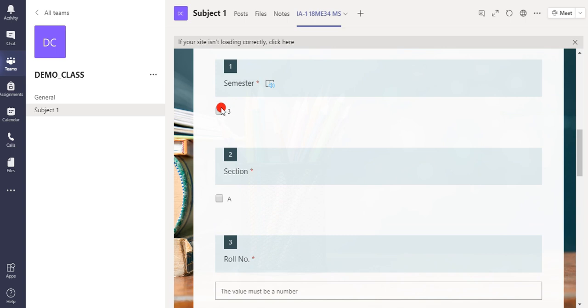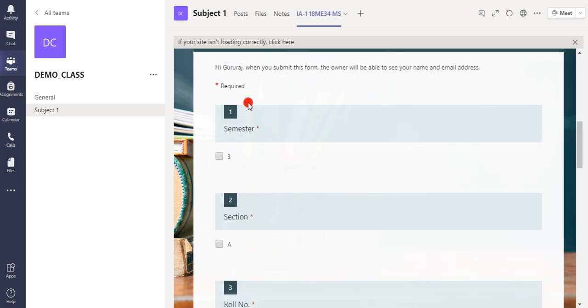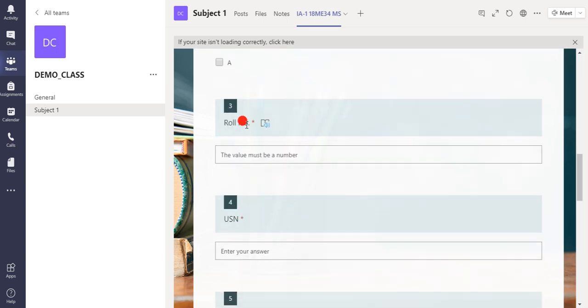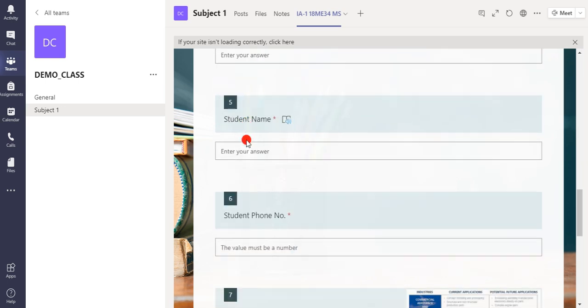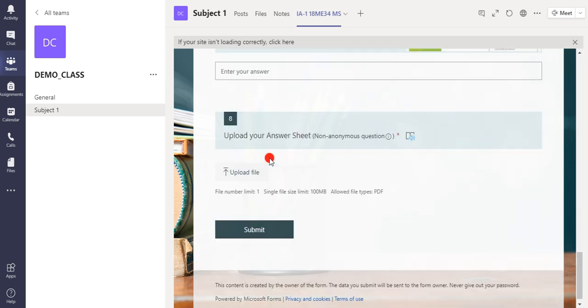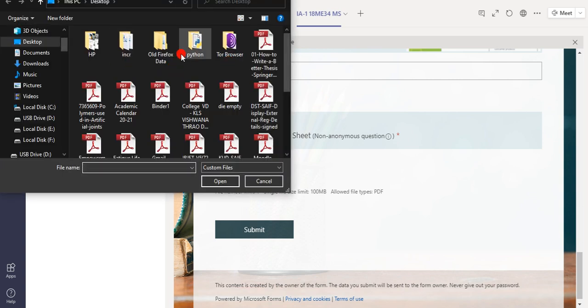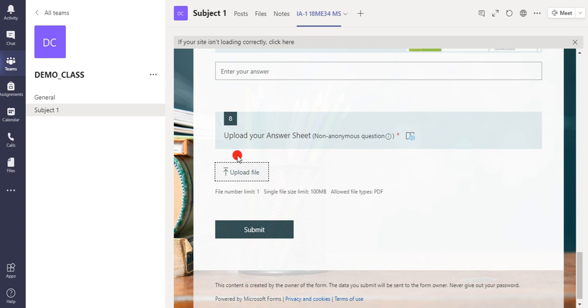So here in the form itself: the semester, section, roll number, USN, student name, everything, the question paper, right? Then you click on the option upload file. It will ask, and you can easily choose your file and press. Then you have done with your work, right?